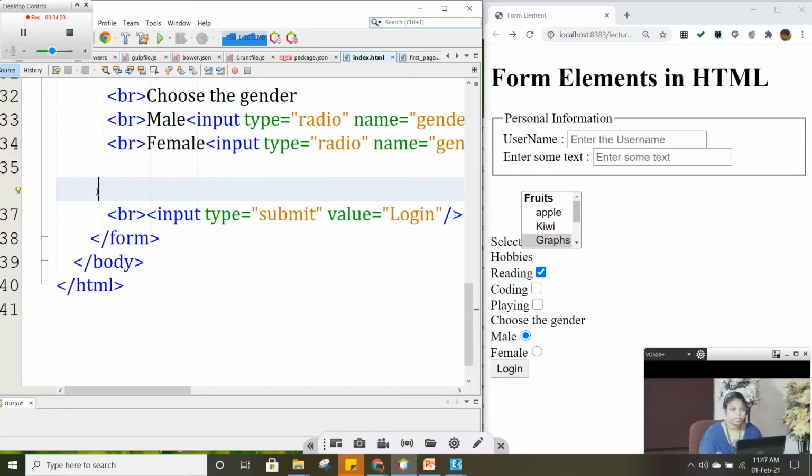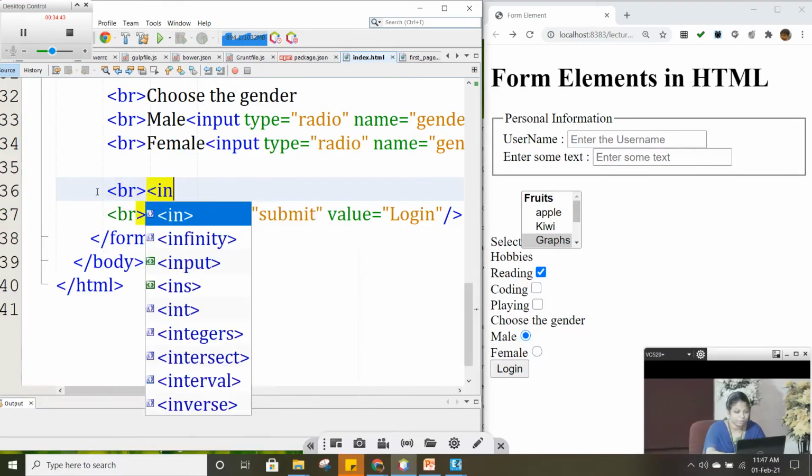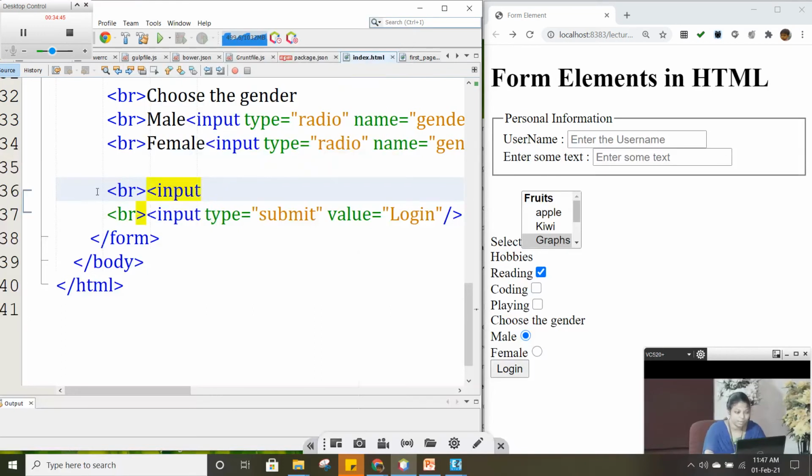We know that when I click on the submit button, my data is automatically taken to the server. This can also be done through an image, so that's interesting. Let us look at it. We are going to use the break tag for the new line, and again the input tag, and here we have to remember the type should be image.